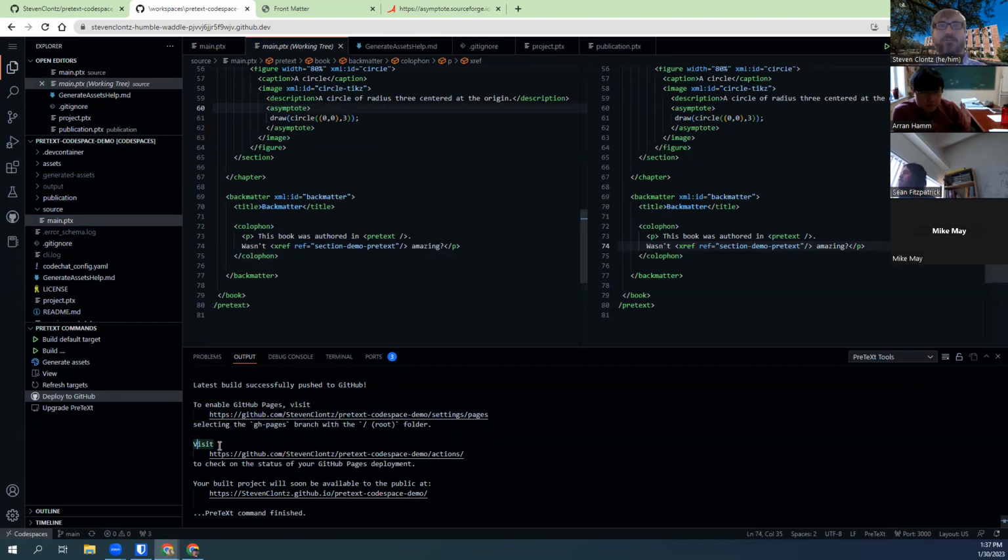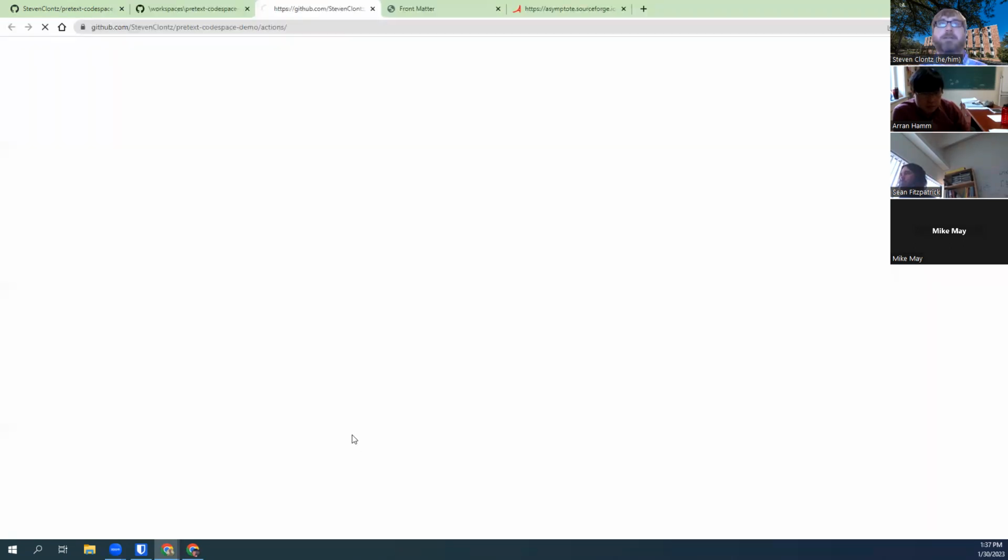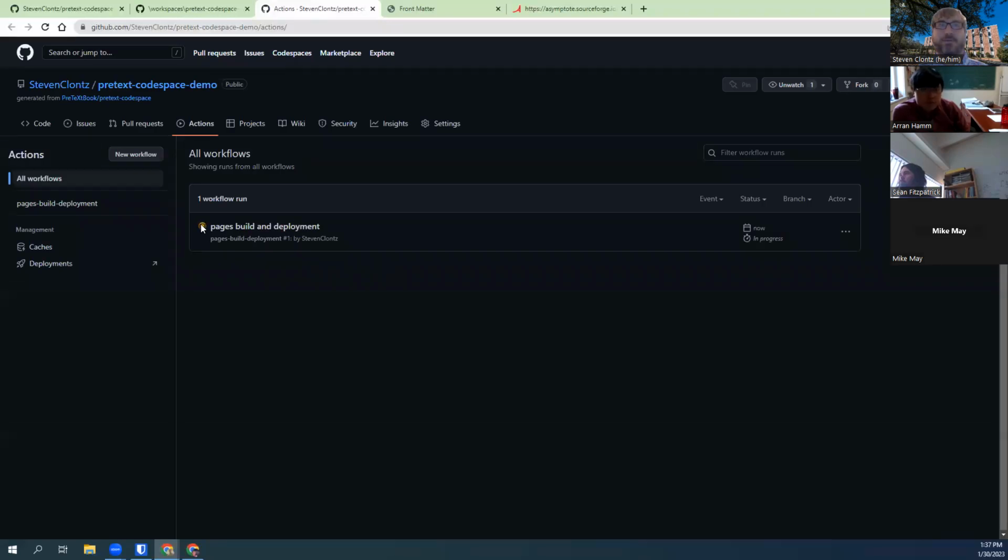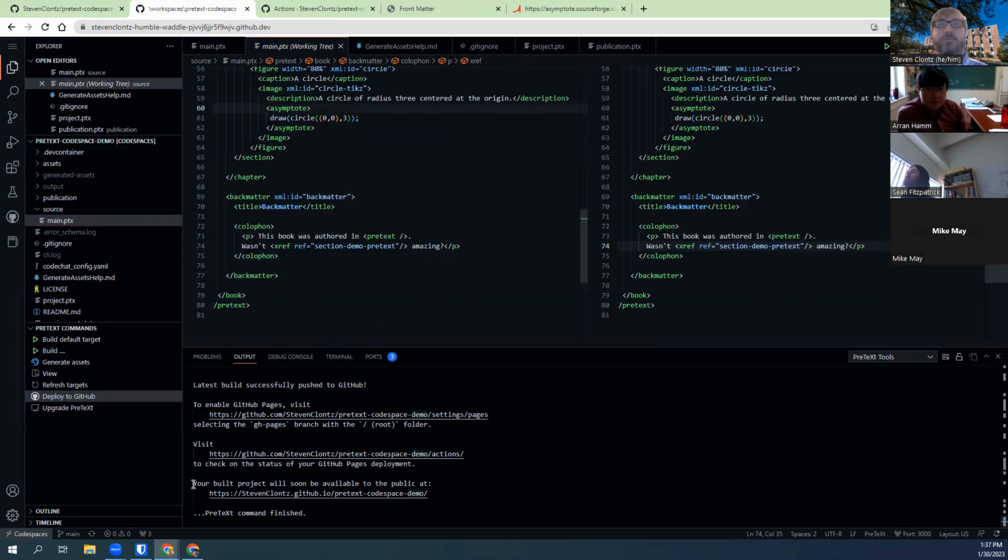Most of the time, I want to go to visit this actions page to check on the status of your GitHub Pages deployment. So I'll follow that link. And we'll see right here that on my public GitHub, it's building that website, the one that I just saw for myself. It's trying to put that on a web server somewhere, the free GitHub Pages hosting service. It's checked off, which means now, if I go down, your built project will soon be available to the public at